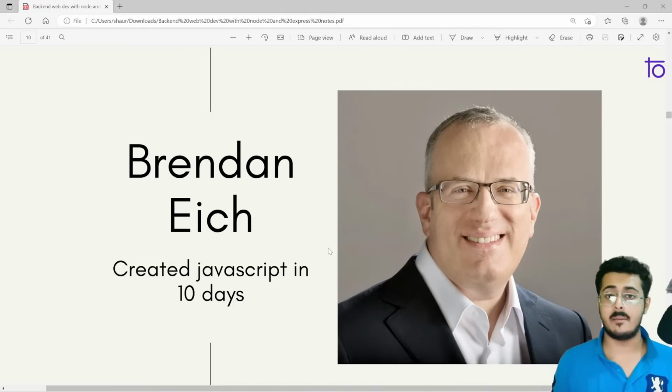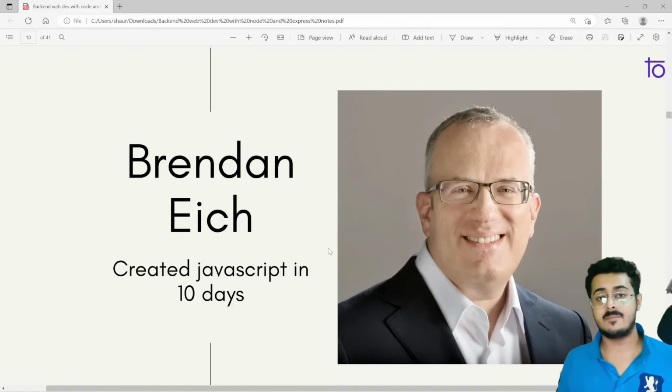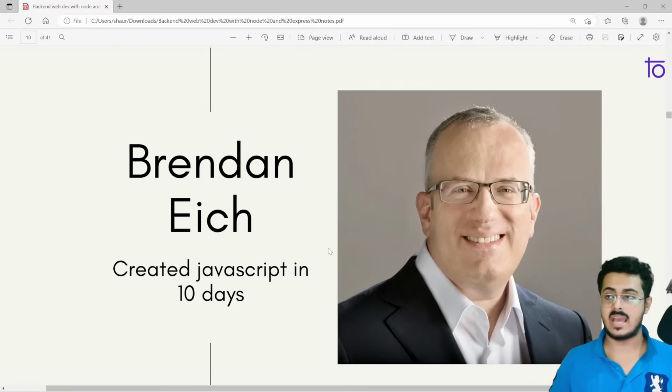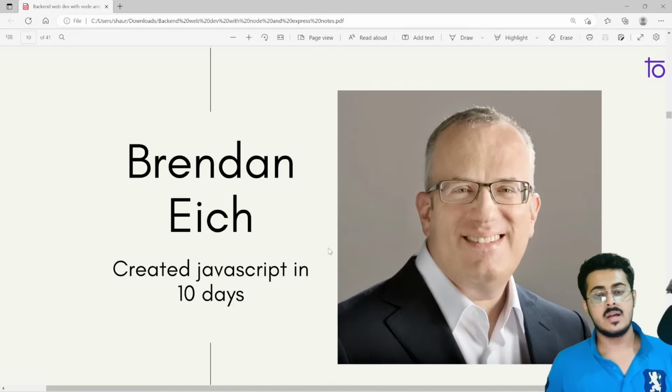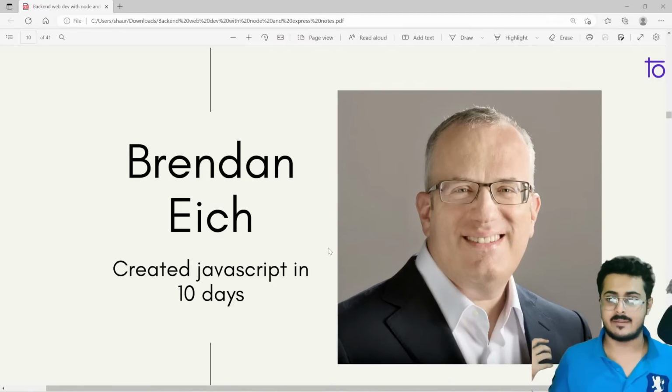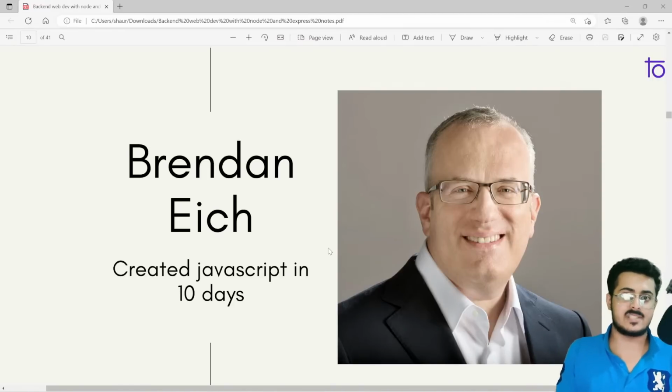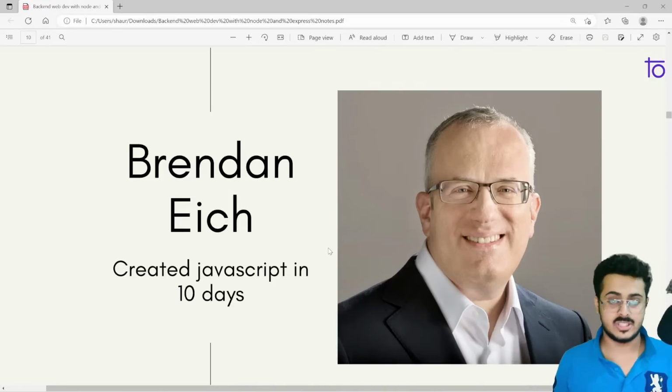Both of them are programming languages, but they are not related to each other. It was just a marketing tactic. At that point of time, everybody was learning Java. Between the 1980s and 1990s, everybody was learning Java. Because nobody would be learning LiveScript if it wasn't popular, they renamed it to JavaScript so that everybody thought it was related to Java and started learning and using it.